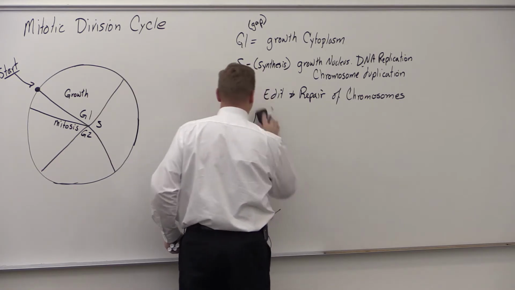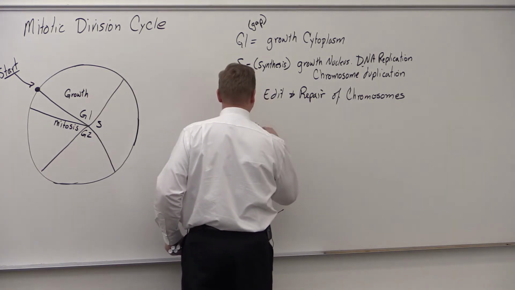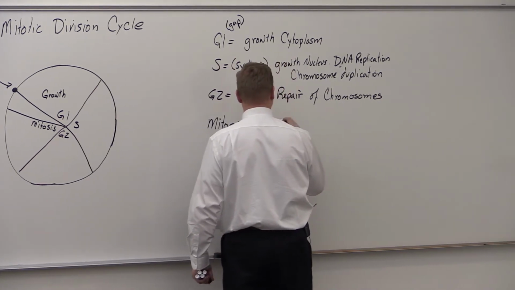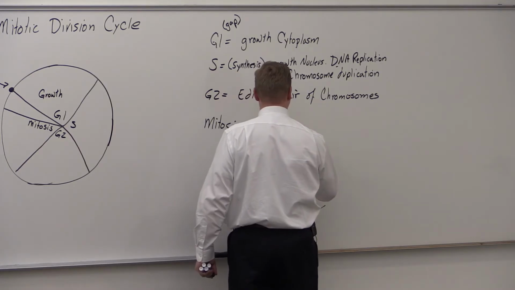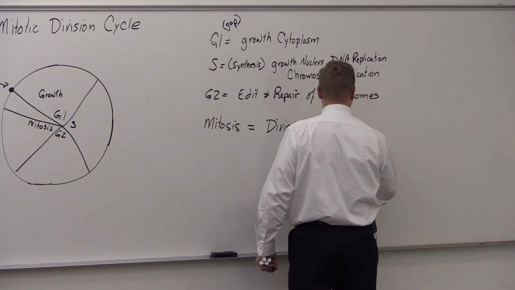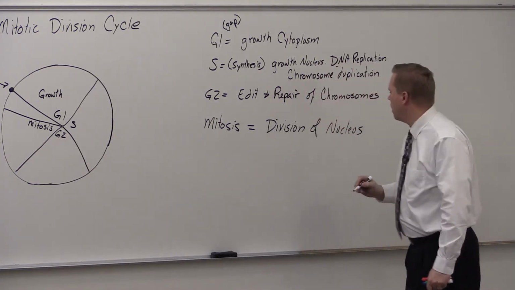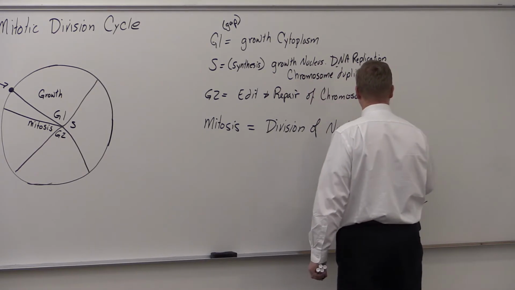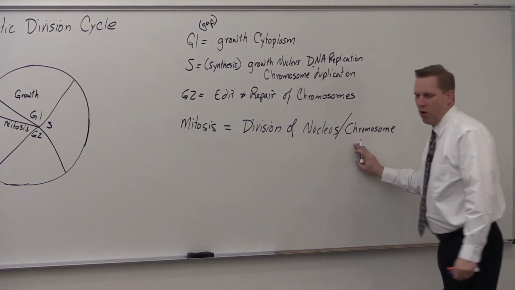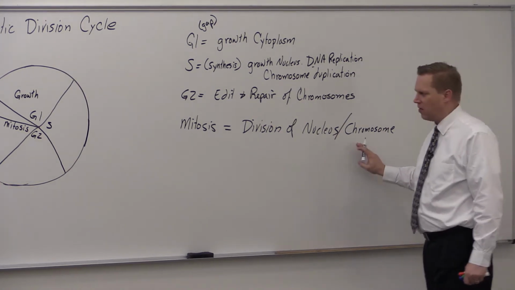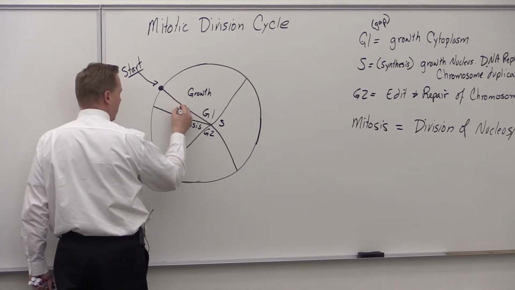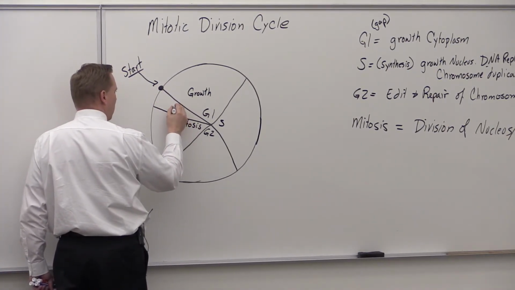Mitosis. And mitosis specifically refers to the division of the nucleus. Okay? More specifically, the division of the chromosomes. And we'll actually end up going into a lot more detail of what that mitosis is and how it takes place. And then our 5th area up here, this 5th triangle or slice of pie, is called